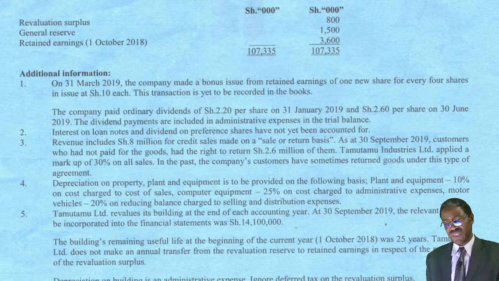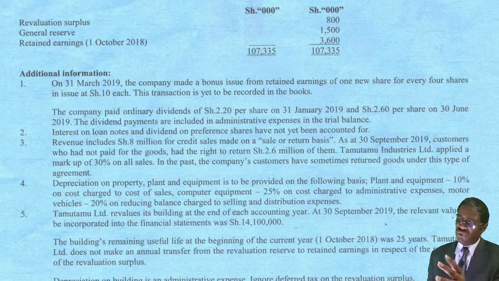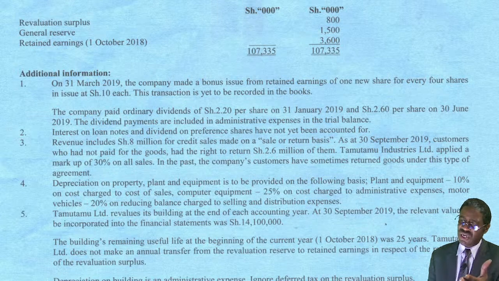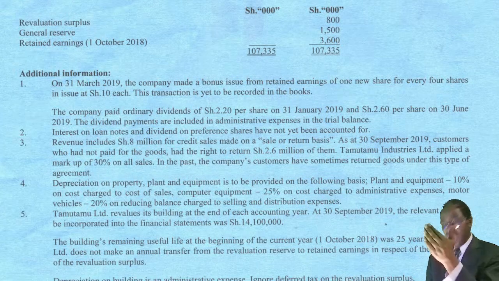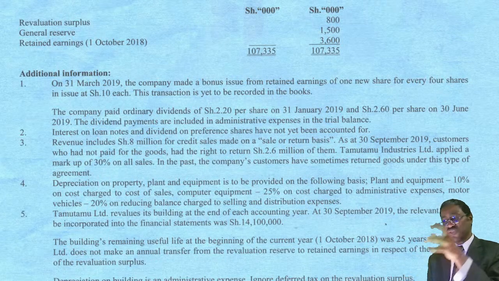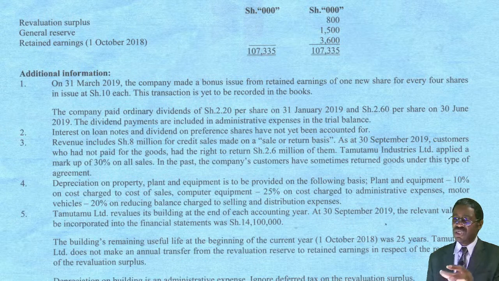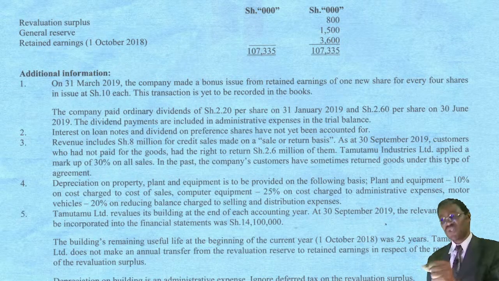We need to know, therefore, how many shares were there before the bonus and how many shares were there after the bonus. Those which were there before the bonus, we paid them at 2.2 per share. Those which are there after the bonus, we paid them at 2.6 per share. Then the last sentence says,